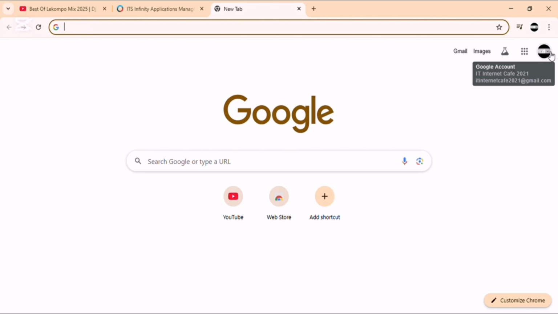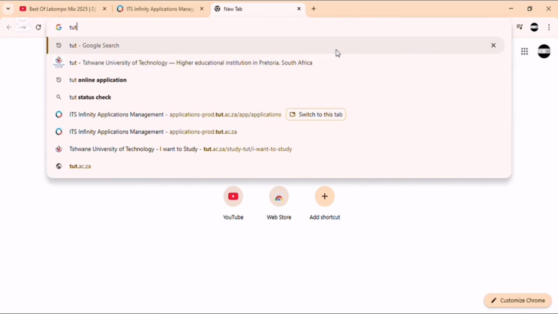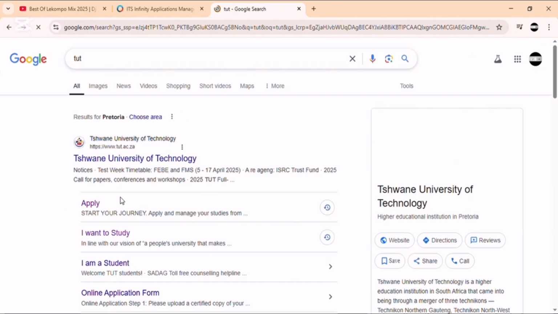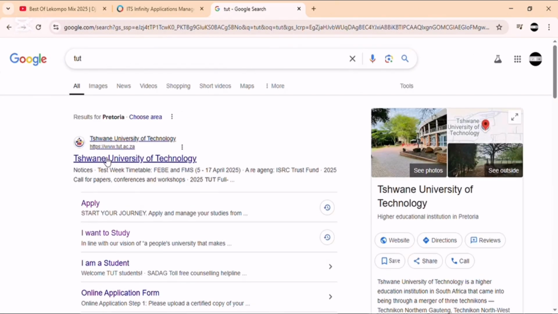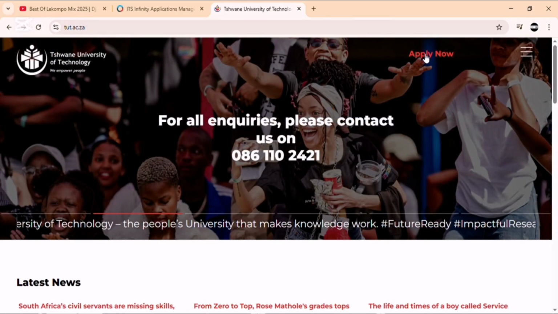So what you're gonna do guys, you're gonna open your Chrome. As you can see on my screen, there is a Chrome, and when you get to Chrome, you're gonna search TUT. You search TUT, and then here we are guys, and you can just click on the first one, TUT. Let me not confuse you. And then you click on apply. You see there's apply there on top. It's written apply now, highlighted in red. You click that apply now,